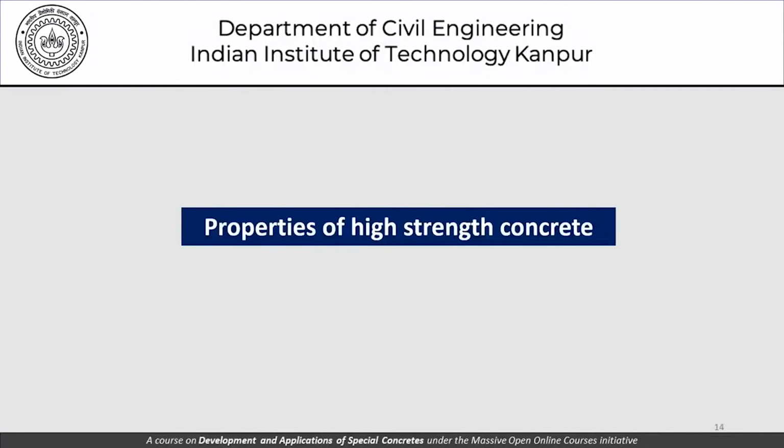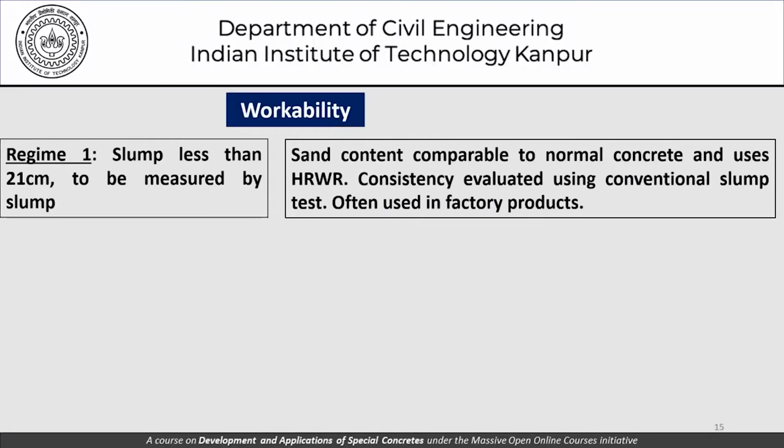Now, as far as properties of high strength concrete are concerned, there is one regime where we are talking of slump less than 21 centimeters, and the workability can still be measured through slump. In that regime, the sand content is comparable to normal concrete, and we can use high range water reducers. So the consistency evaluated using the conventional slump test is still possible, and this is often used in